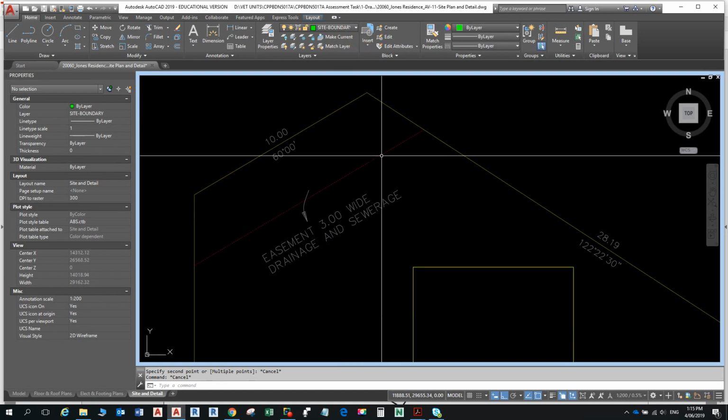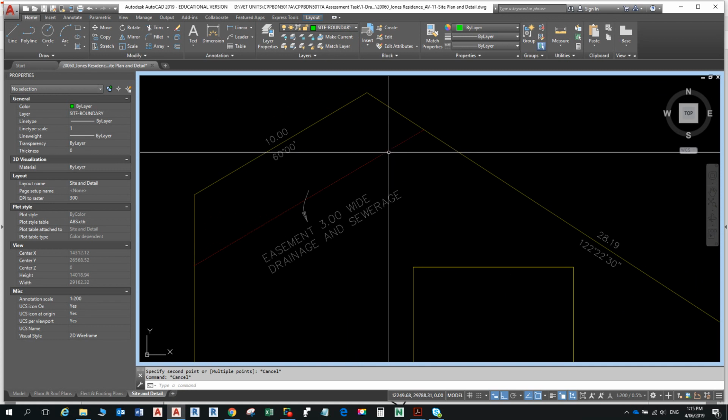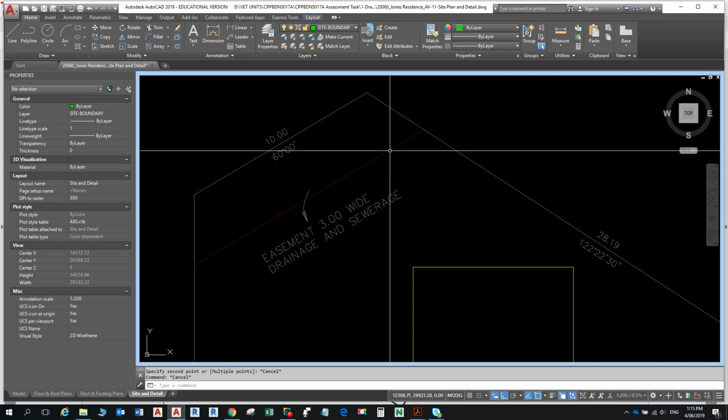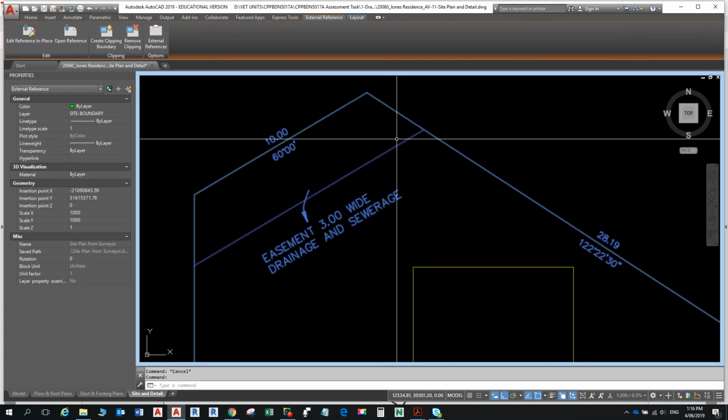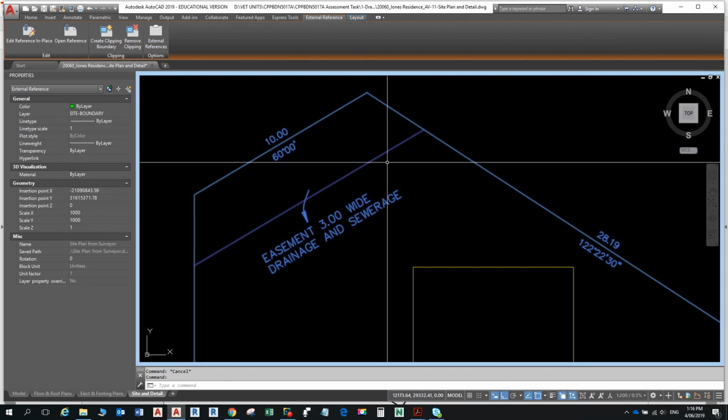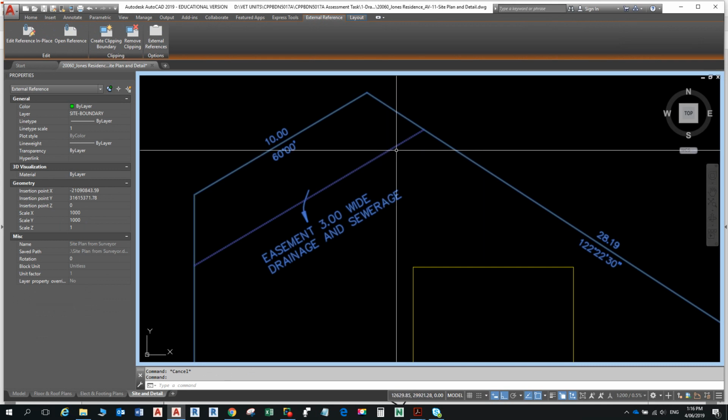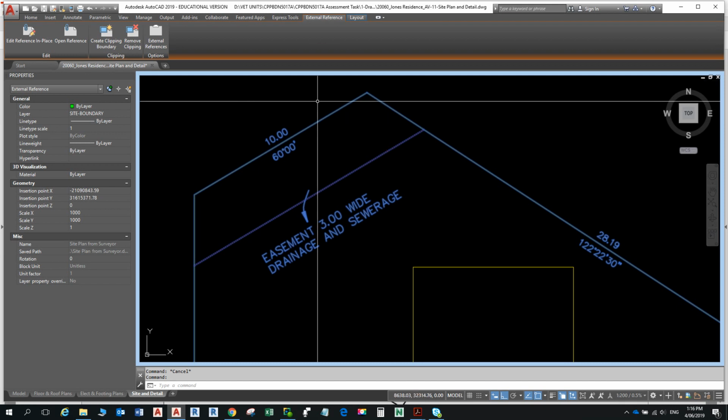If I have a look at, well, I don't actually know what that layer is, really. Just by looking at it, I don't know. And it's not like Revit where I can click on it and it'll sort of show me. You can actually open the drawing itself and have a look. Anyone else have any ideas of finding out what the name of that layer is? So we can go and change it. I mean, I could go looking through, but